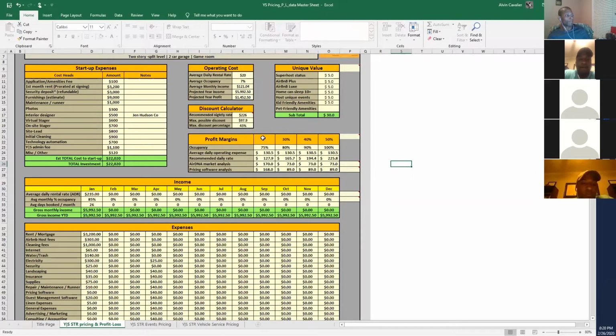Now, in order to break even or be profitable, I need to be at roughly 80% occupancy, just based on my cost to run my unit daily and monthly, right? So then let's go in and say we've got a targeted profit margin of 20%. So we'll type 20% in there, and now it tells me